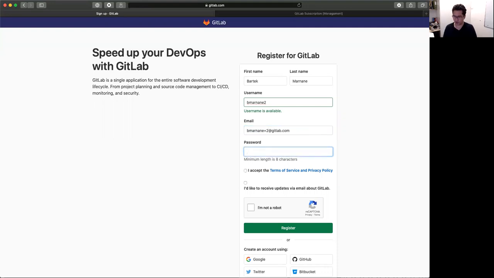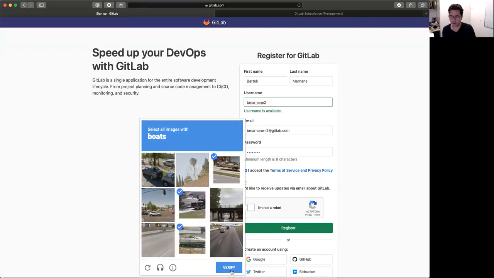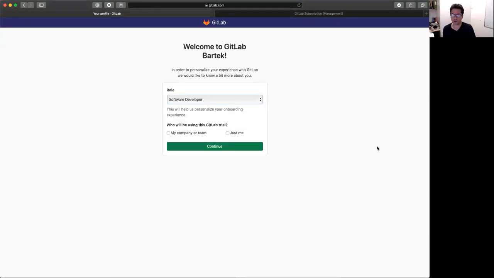So let me create a new email address, type in a password, accept the terms and conditions. We could probably fix up the UX for that last checkbox. Now, select images of boats. Boat, boat, boat. Fantastic. And I'm just going to register now. There was a previous issue where we were inadvertently showing an @ symbol in front of the first name. That has recently been fixed. So that's there. And this allows me to then create my role,